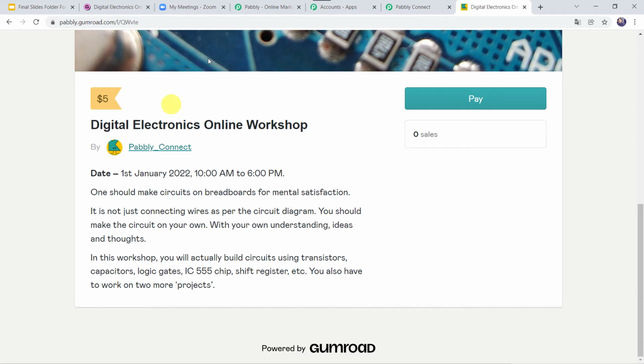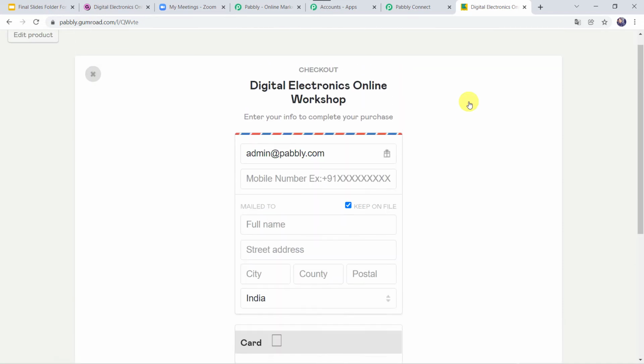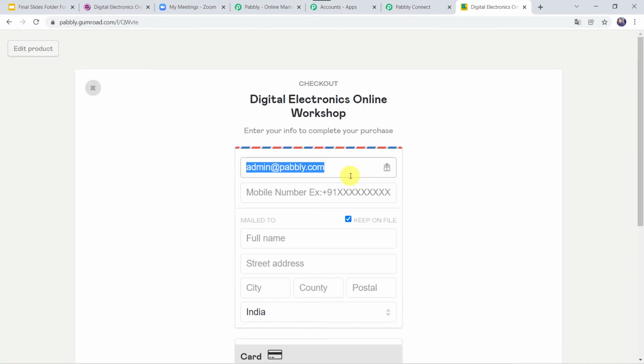Okay. So we are on the payment page of the Digital Electronics Online Workshop. Now let's click on Pay. Okay. I'll just add the email address over here, that is Shikha Arya 25@gmail.com. I'll give the mobile number over here along with the country code. Okay.